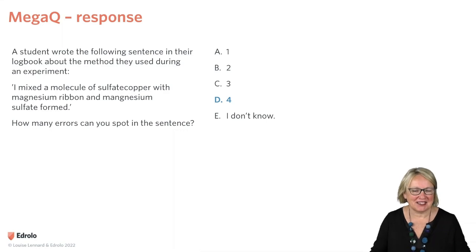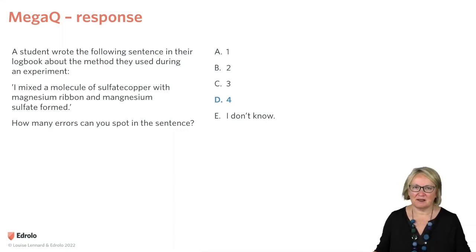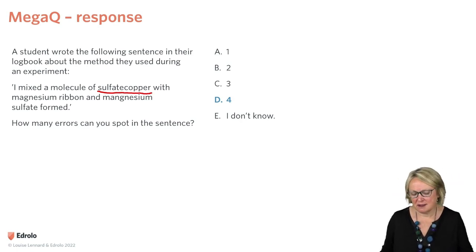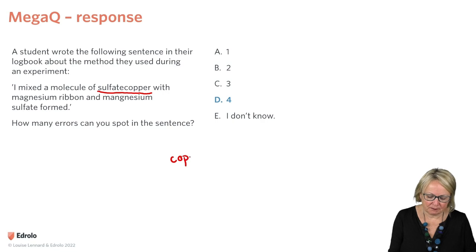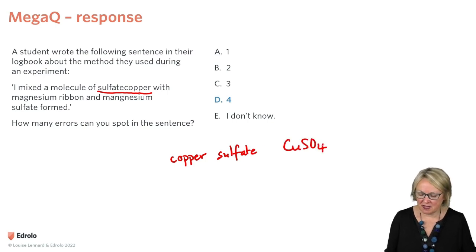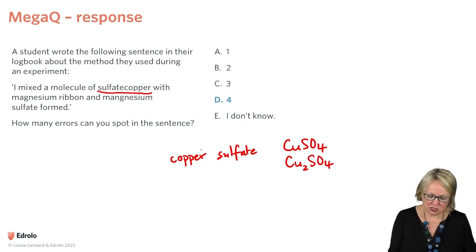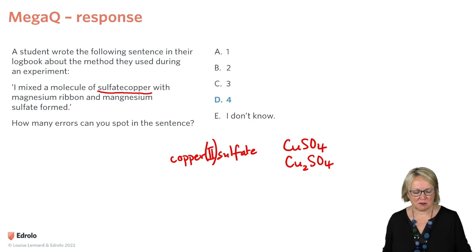Okay, this is not the best sentence that someone's written in their report. For a start, they're referring to themselves, I mixed, but we'll look at the actual technical problems with it. I mixed a molecule of sulfate copper. That's not the way we name ionic compounds. We always name the cation before the anion. So we would say that it's copper sulfate, but we can have CuSO4, which is copper(II) sulfate, and we can have Cu2SO4, which is copper(I) sulfate. So I assume here we're talking about copper(II) sulfate, so we need those Roman numerals in there as well,